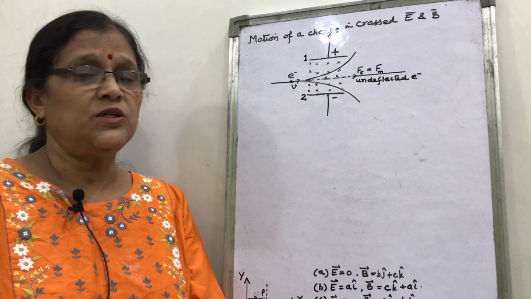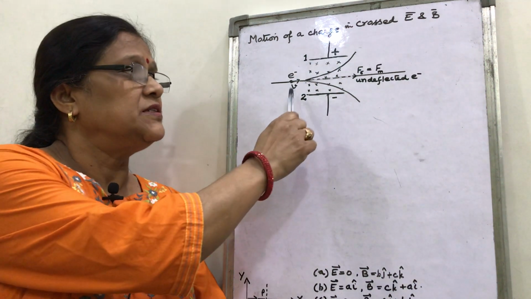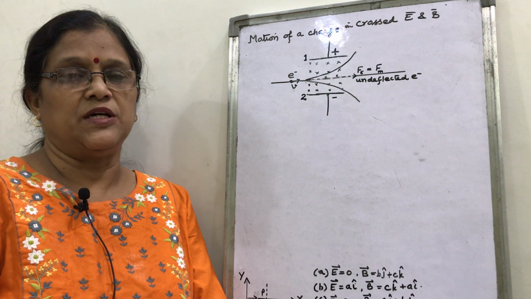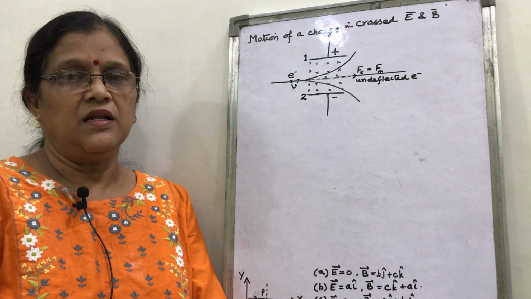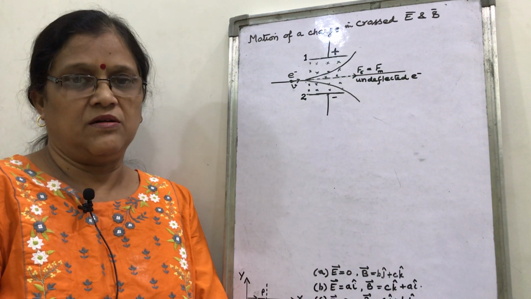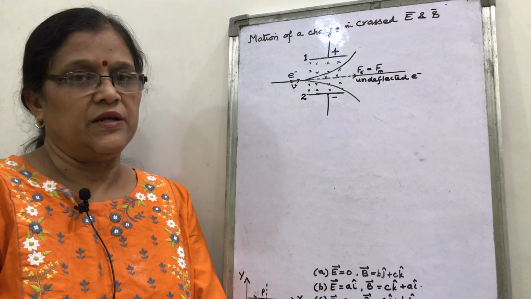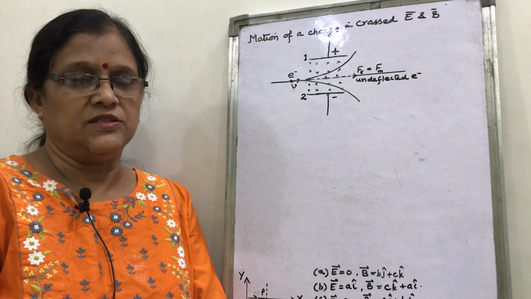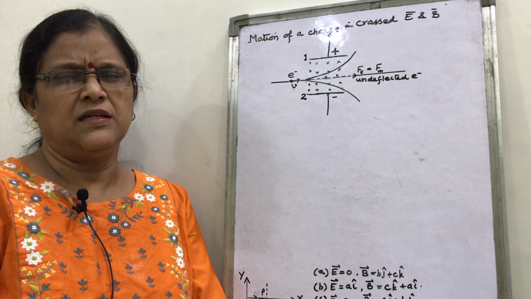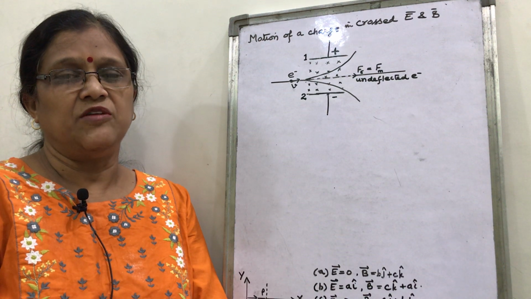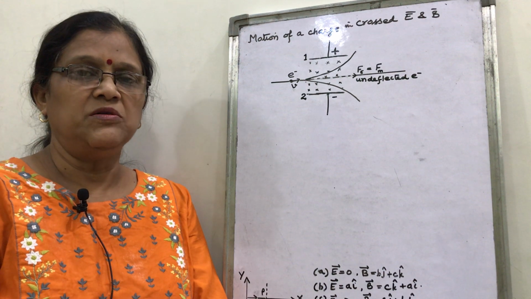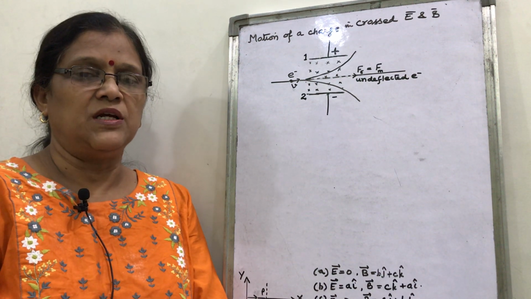The motion of charged particle, as you can see in the figure, we will find that in presence of both the fields which are mutually perpendicular, when charged particle exits the combination of fields, then it remains undeviated, and this is used in mass spectroscopy. What is that? It is an analytical technique in which charge to mass ratio is determined. So that is why it is important to learn how the charged particle moving through crossed electric and magnetic field remains undeviated.